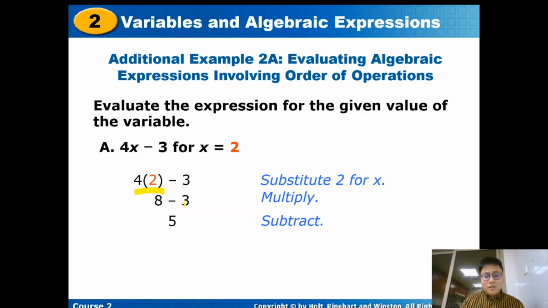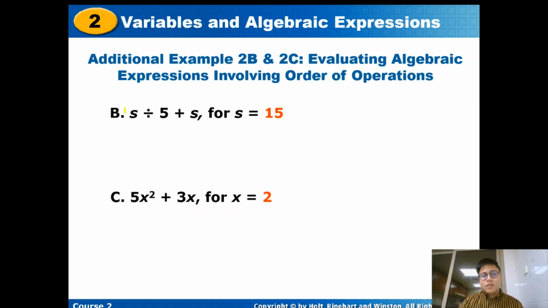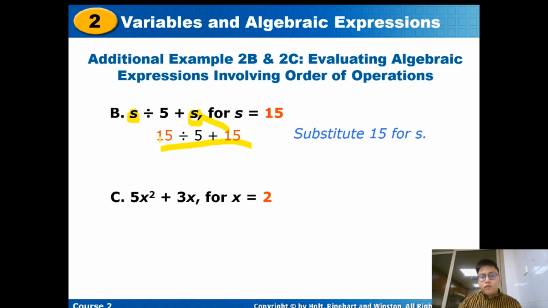It's so easy, right? Now, next, x divided by 5 plus s, where s is equal to 15. Again, substitute s with 15. Then afterwards, do the operation. So 15 divided by 5 plus s, which is still 15. Following the order of operations, you divide first. 15 divided by 5 is 3, plus 15, then add, it gives you 18. Now next,